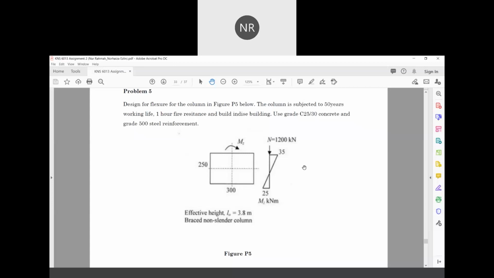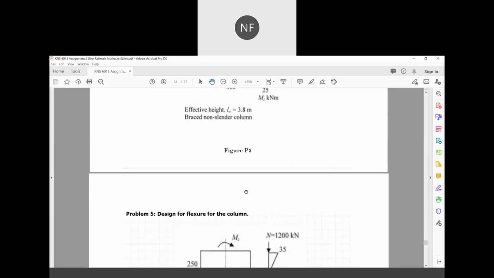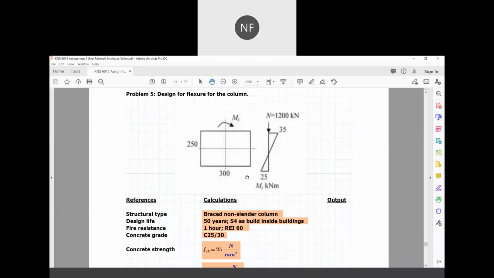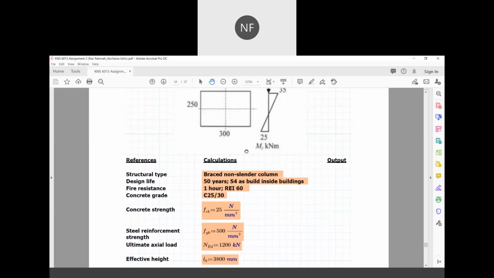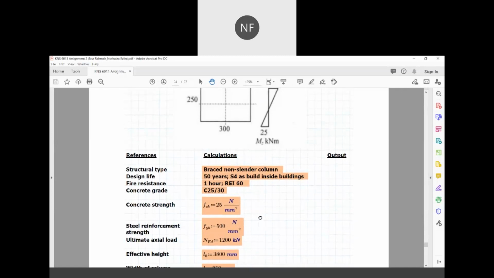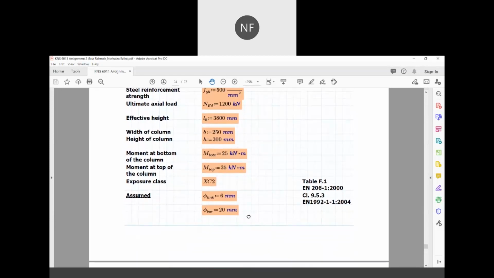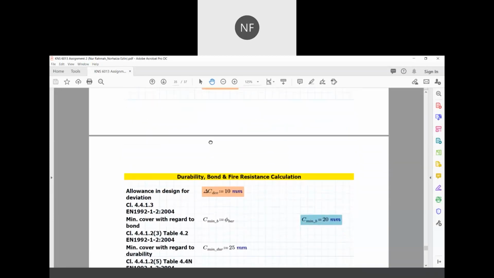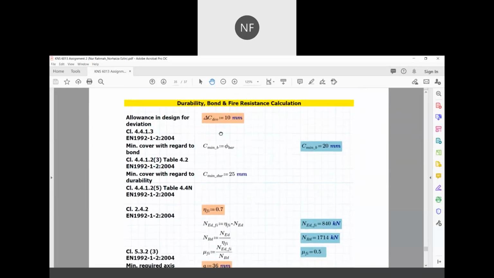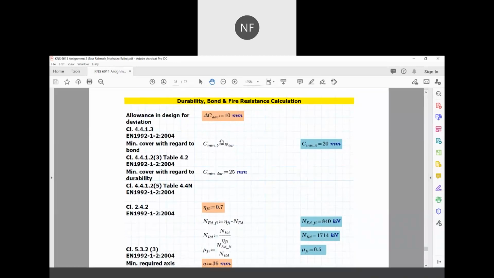So here's the final problem in the assignment, where it asks to design the flexure for the column. And here's all the data that has been given inside the question. And here's the durability, bond, and fire resistance calculation, where the